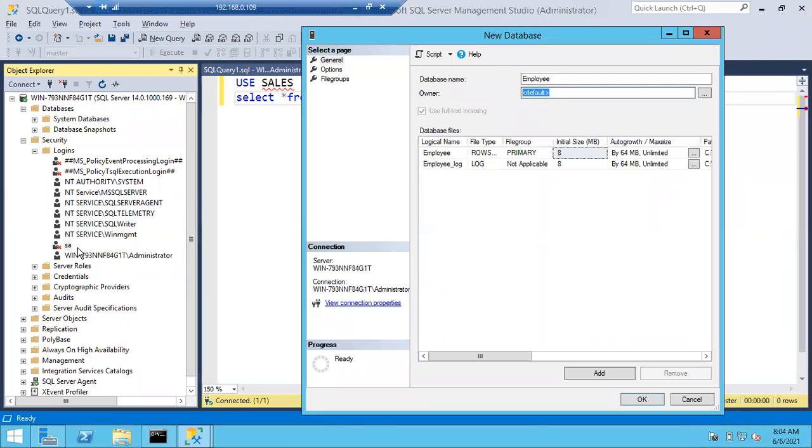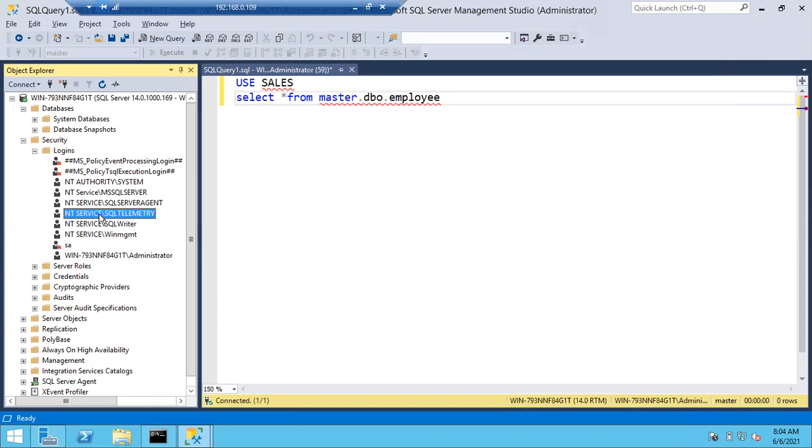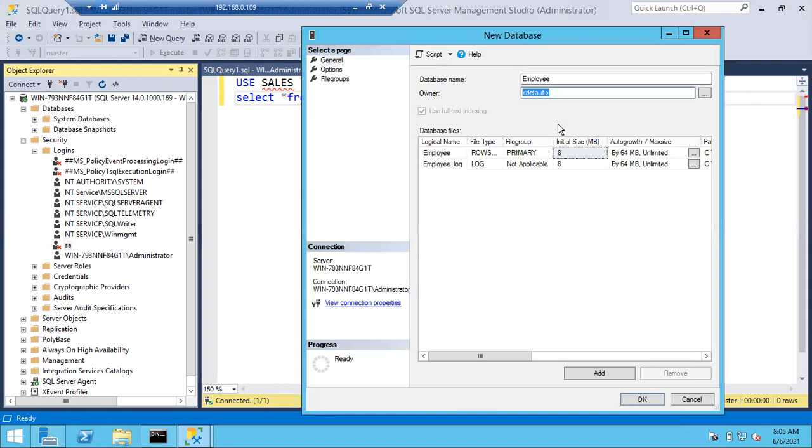So as of now, SA will come along with the installation. No need to create the SA login. SA is the sysadmin for all the objects. SA is the owner for databases, for jobs, for all objects. Whenever you see owner, SA should be the owner. Why? Because in case you leave the organization, your account will be removed from the logins list. But SA is a permanent login. This SA login cannot be removed. So the owners always should be permanent logins. They cannot be temporary logins. That's why owners will always be SA only.